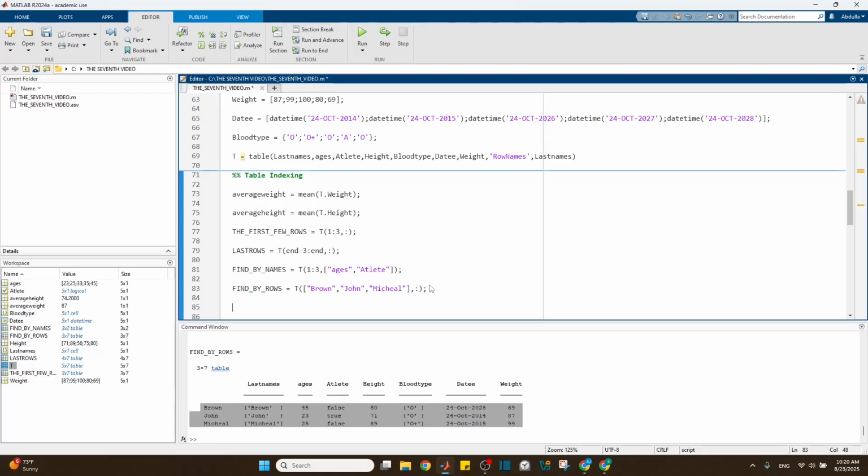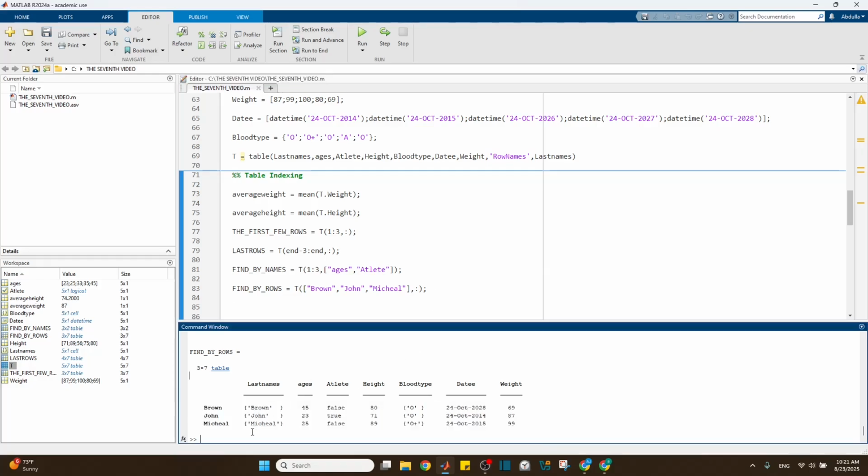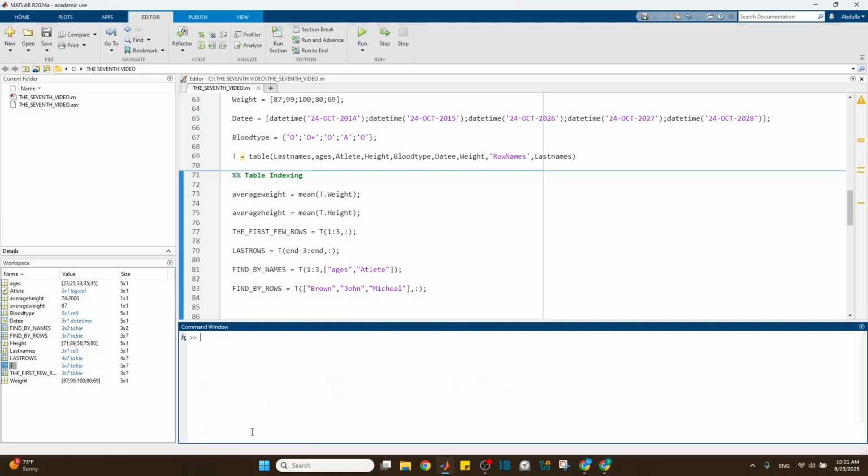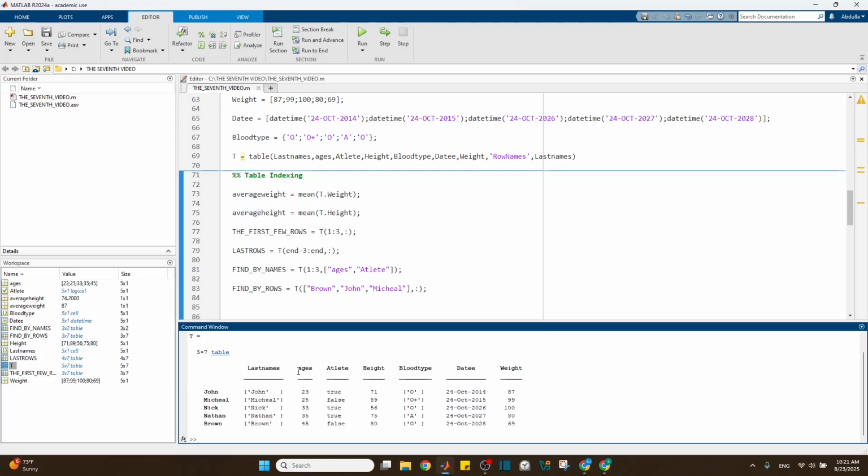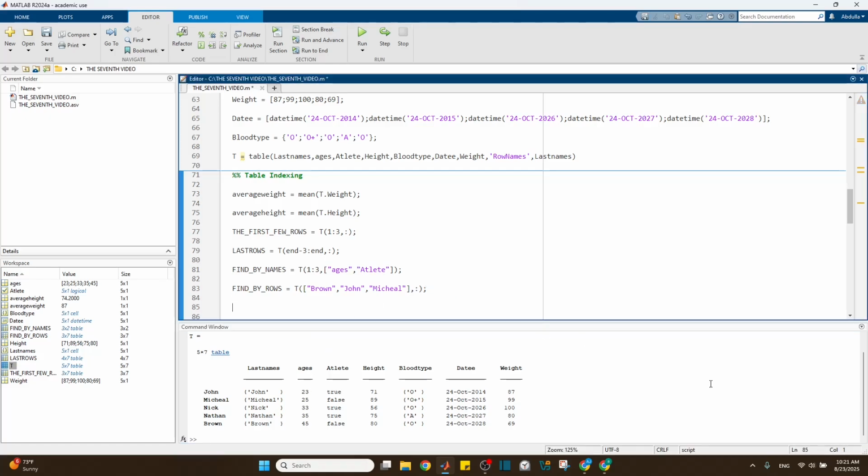Okay, so now, as I said, let's try to add or subtract in my variable. Let's add, I have ages, right? So let's clear this and let's see our table. I have ages. What if I want to add 5 more years to all of those ages? What should I do? Same way. So I have the t, I have the dot, I specify ages. This is the variable, okay? And then equal,